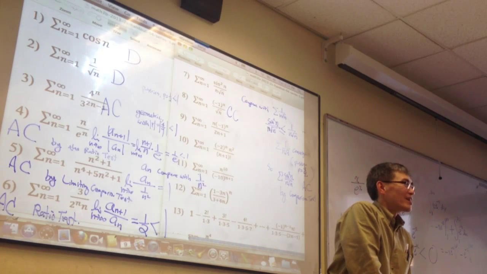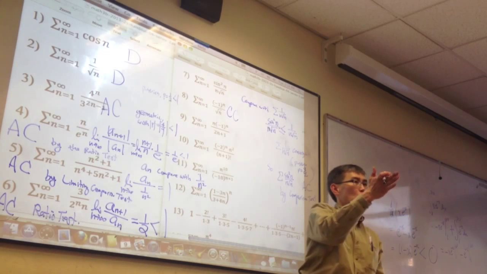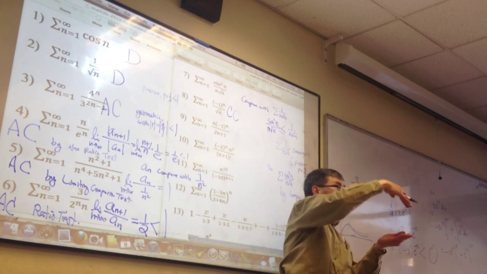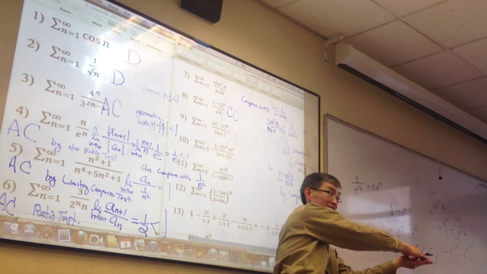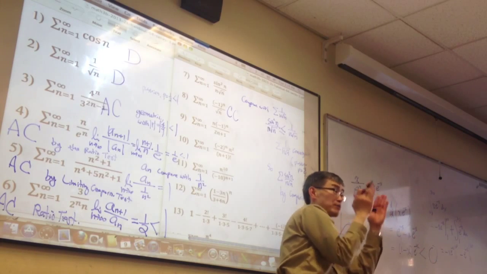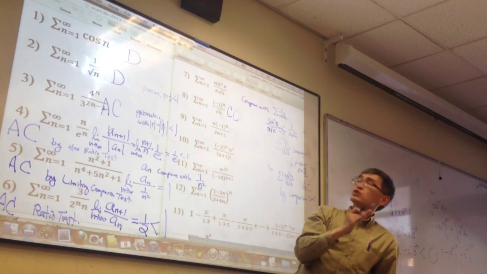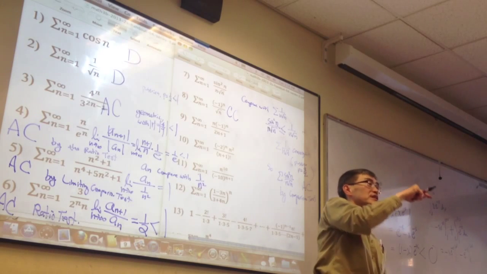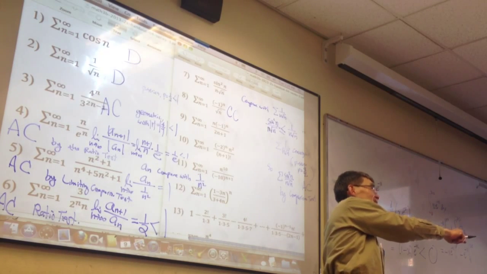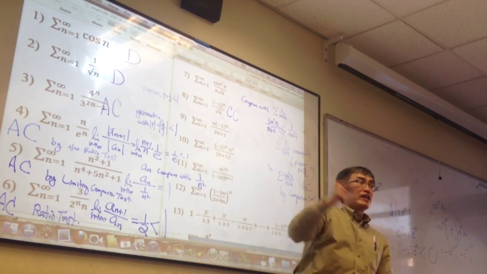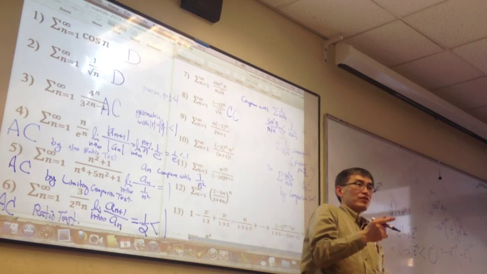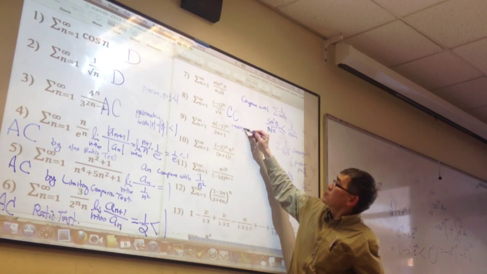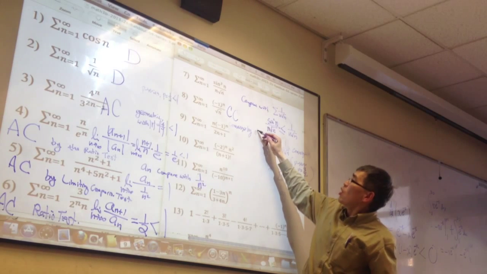In order to show that it is convergent, notice that it is an alternating series. Is that right? The absolute part actually is decreasing and approaches 0. Are you with me? The absolute value is 1 over square root n. 1 over square root n is positive, decreasing, and it approaches 0. And then if you let it alternate, what happens? It converges. So it converges by what test? Alternating